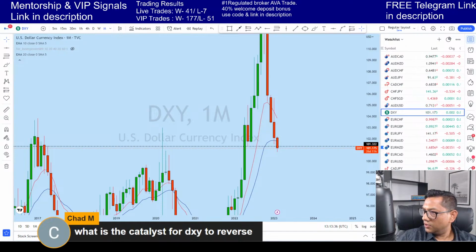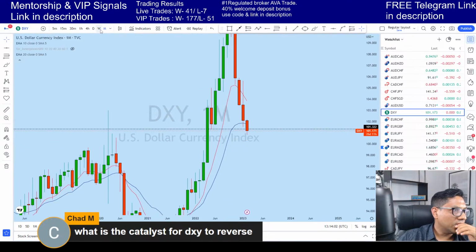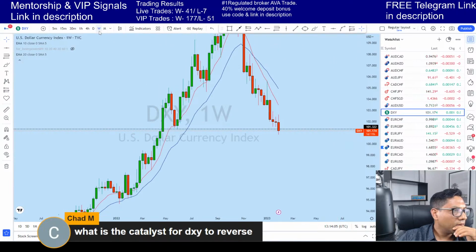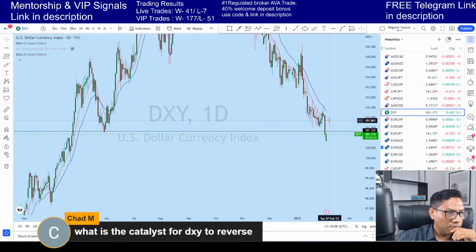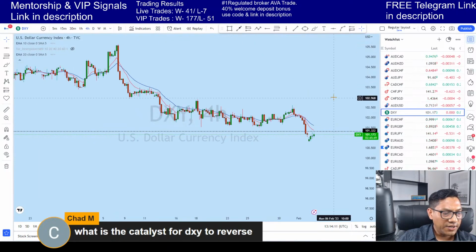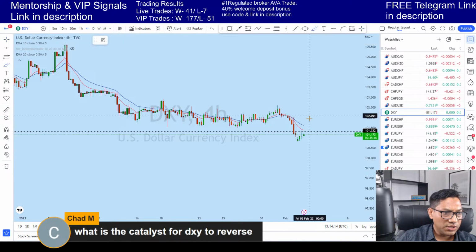Okay, so let me look at this one here. Okay, so what I think that DXY, as you can see, this is the weekly chart, this is the daily chart, and from our perspective, there's a big gap opening. With that, what we see that DXY is trying to push up, and I think that, yeah, that could be